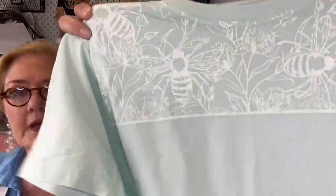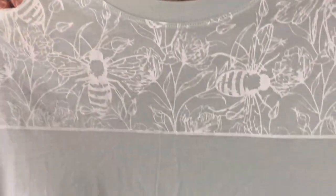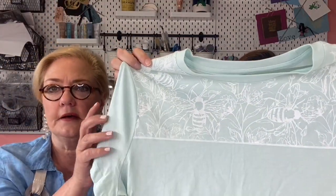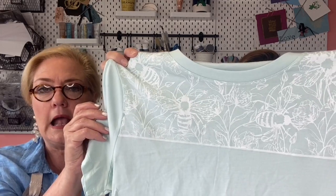Absolutely. Look at this. Cute. This is a Target shirt again, but we did the yoke with the design in white. It's super subtle. It is great because it looks like a piece of clothing that a clothing designer would have done. It's beautiful. There's not an emblem here, but that way, being able to do it on the yoke,